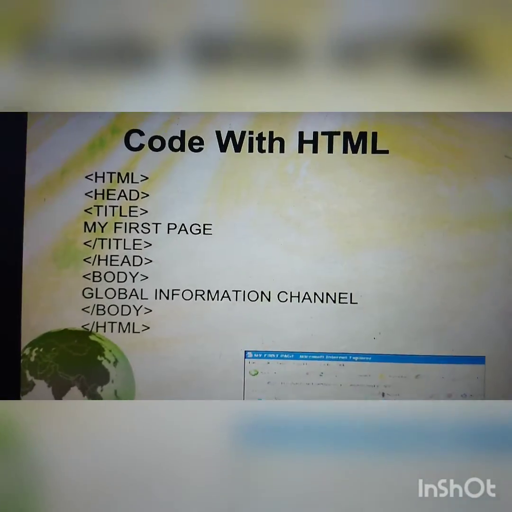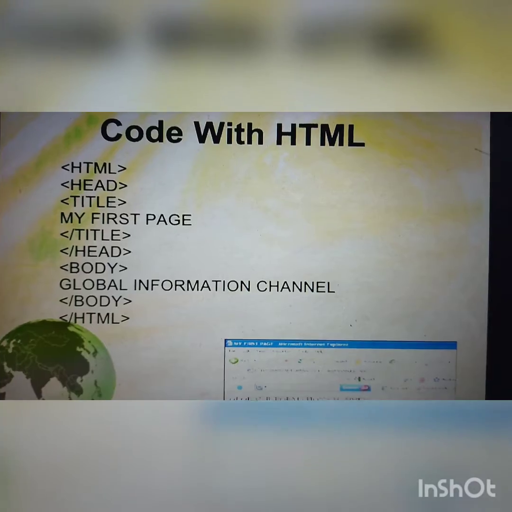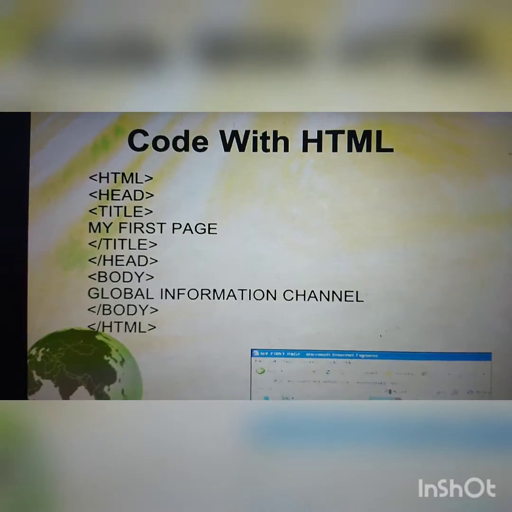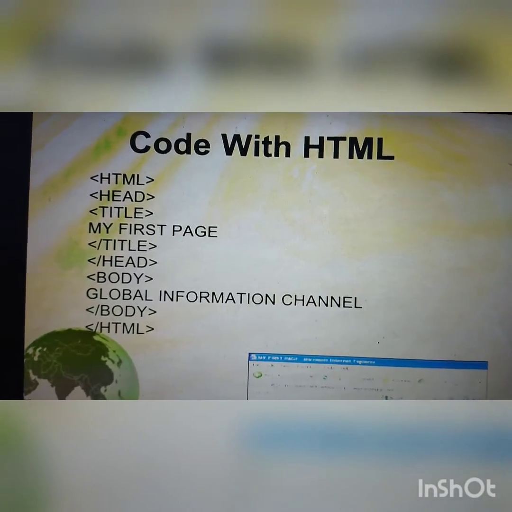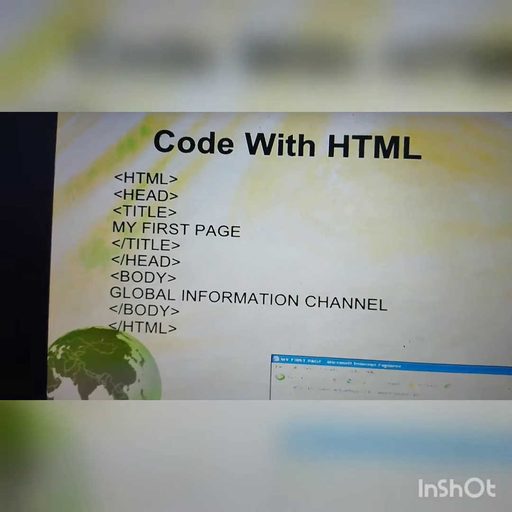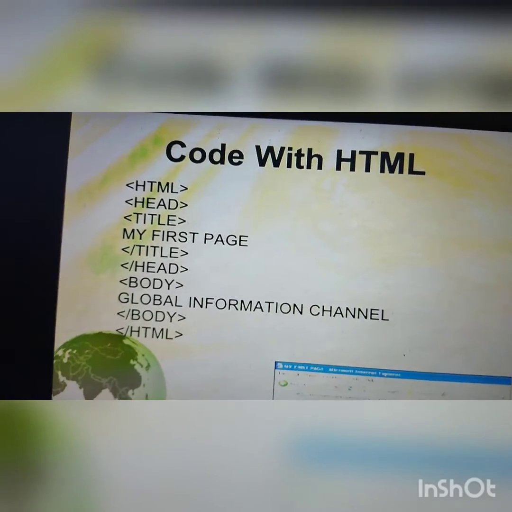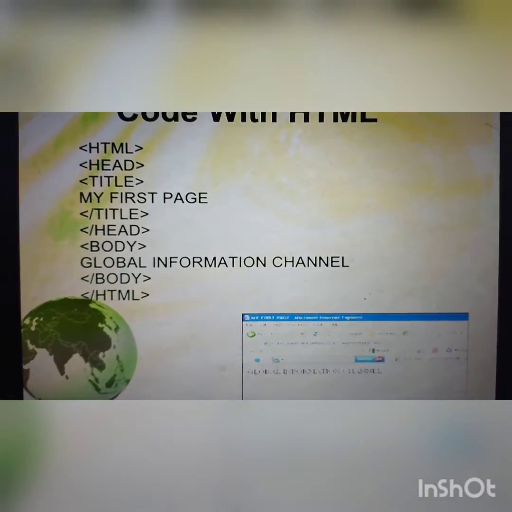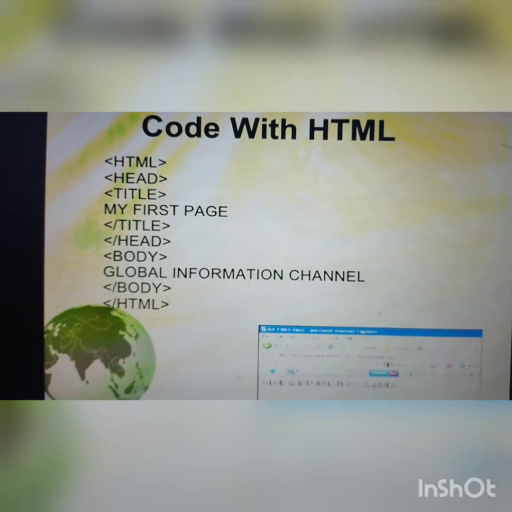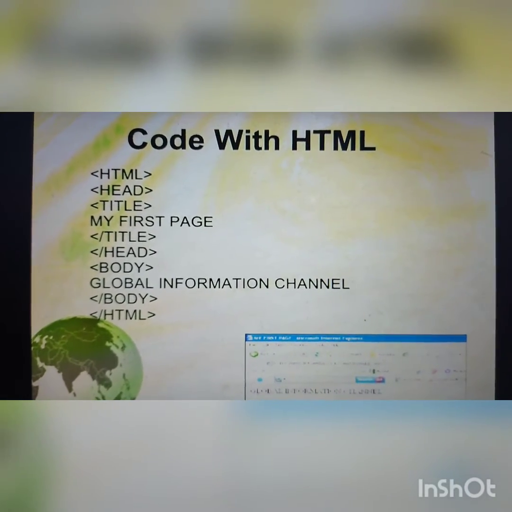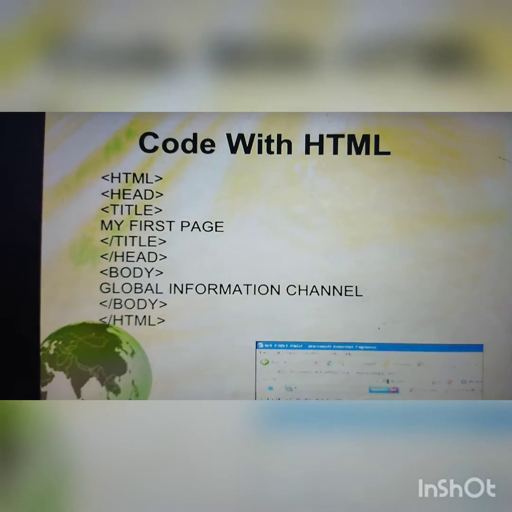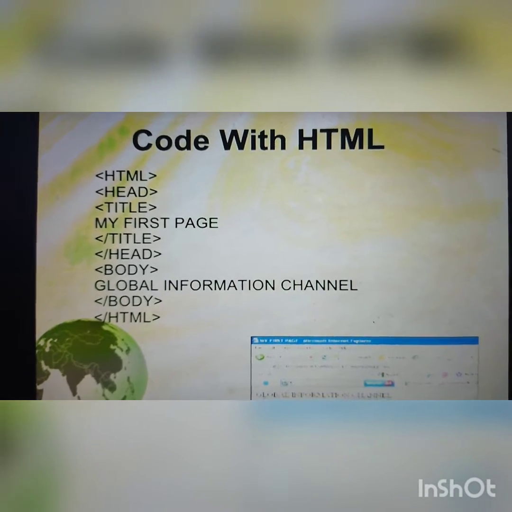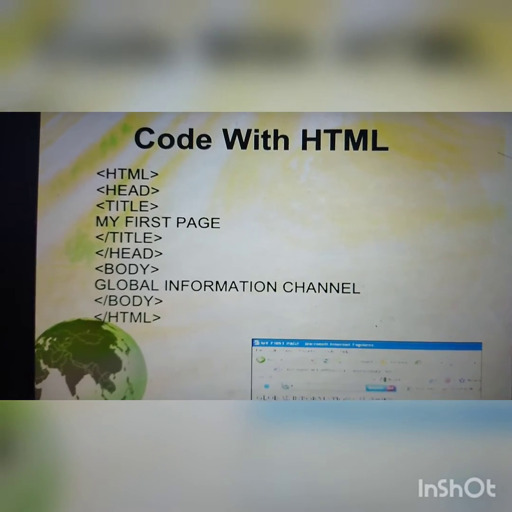In the body tag you write any type of content. Here it is a global information channel, inside the body part. Then close your body tag and finally close your HTML tag. Now you can see the output: a global information channel. Clear? So this is the starting way of HTML, how to write proper code in the HTML language.